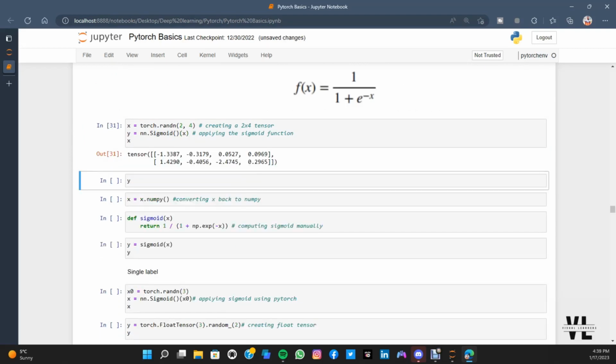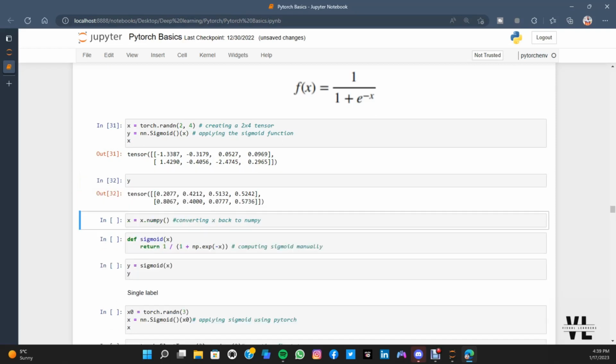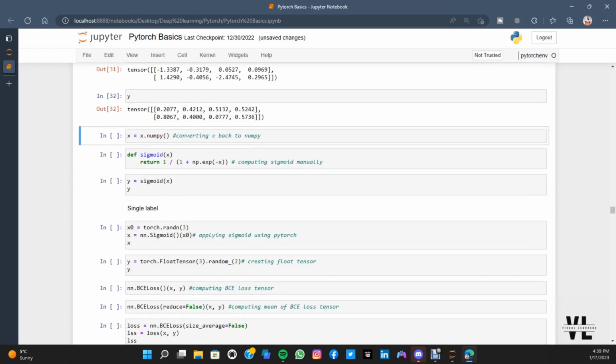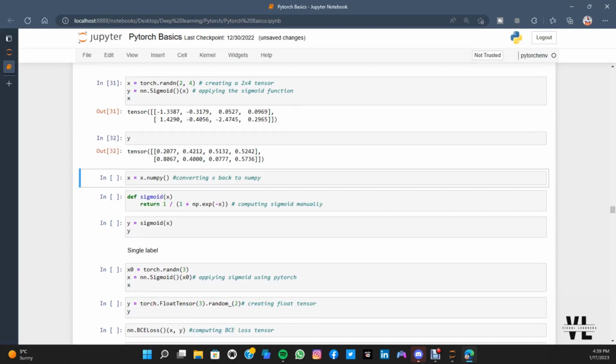So x was originally a 2x4 tensor, and we're going to pass x into the sigmoid function and assign it to y, and we can print out y. Notice that each of the values are between 0 and 1, but previously they weren't. Now we can convert x back from a tensor into a numpy array